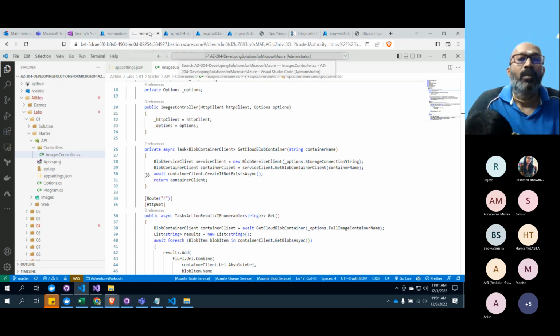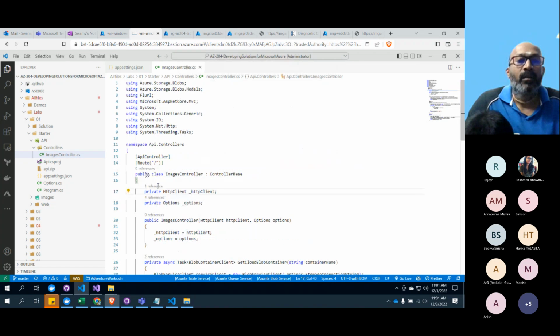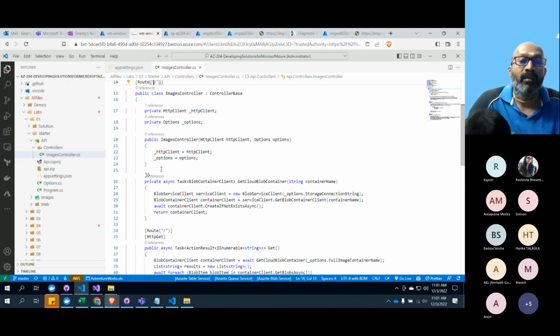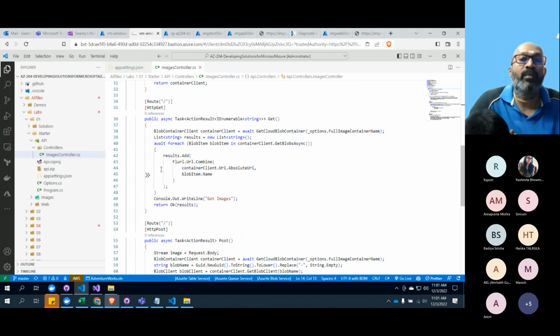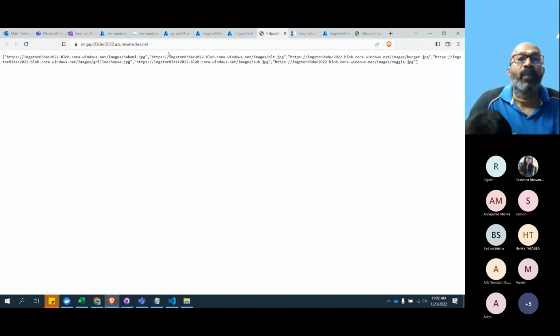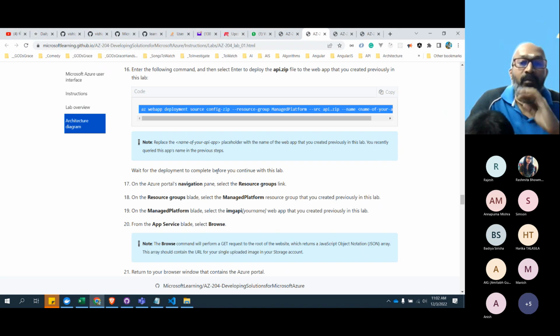How do you know? When you come to that controller, they're going to root, because they're not going /API/controller. They're just going to root. That means the fully qualified domain name /root. And check the action methods. There are two action methods, one is get and one is post. The get also doesn't have any route prefix, just root. So if we go to the fully qualified domain name, that is going to spit out that. So I think we are in pretty good shape.